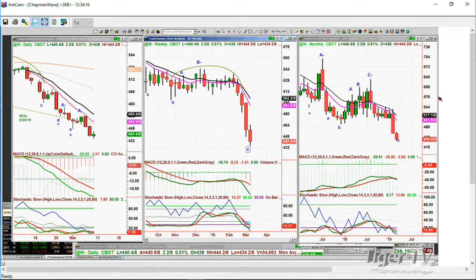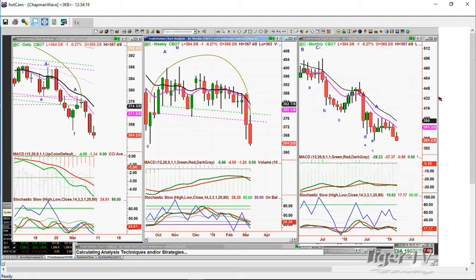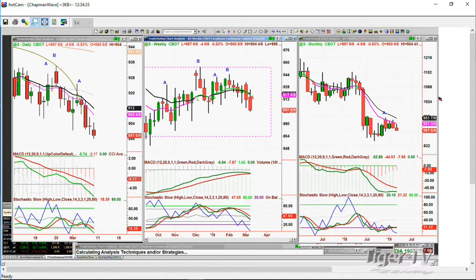Corn at 364.25, down 0.27, down in the trough G/C. Nothing, still red. And what did I forget? Corn, soybean. Look at this, new low. You're not getting it. So I'm thinking that if there was a way towards